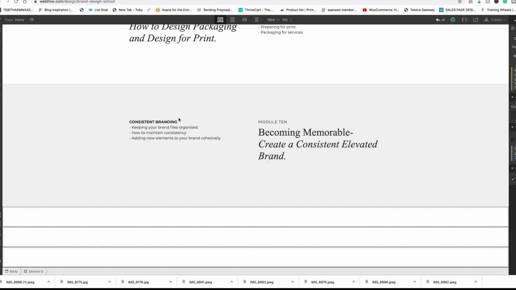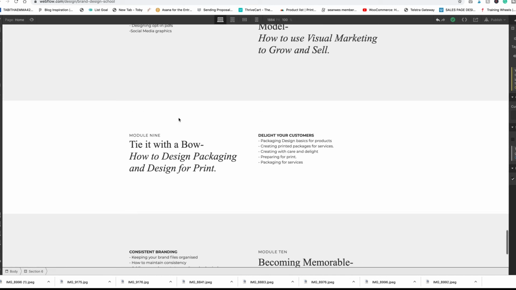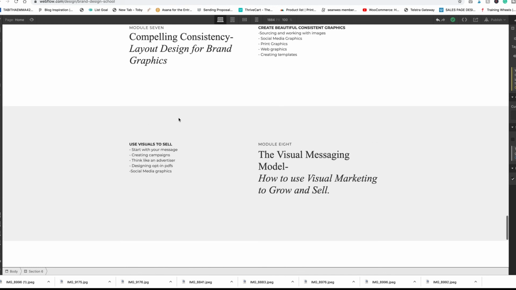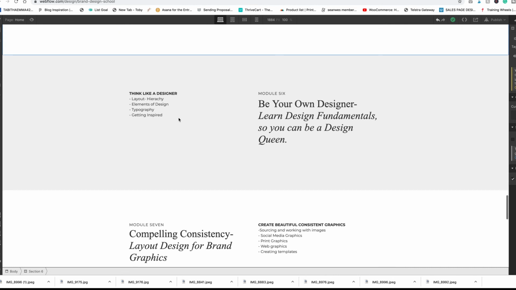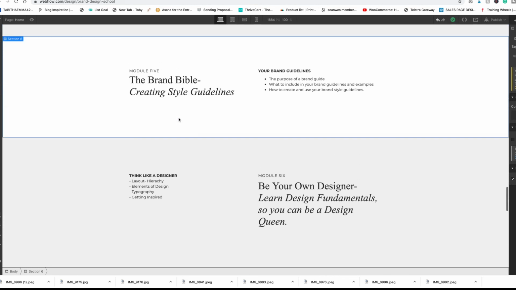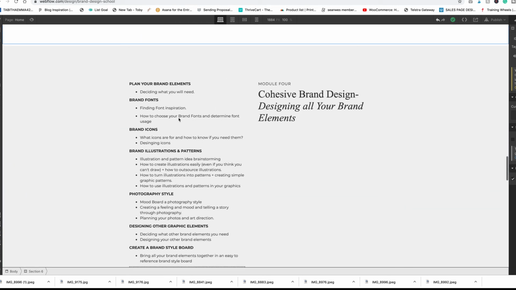And of course, if you have any feedback, I'll try to scroll slowly for you so you can have a quick look, but if there's anything that you think you'd really like to know and you'd really find helpful so that you can design for yourself, or if you've given it a go before and there's certain things that you've struggled with, I'd love to know so that I can help make this course even better and more helpful for you. So I hope you enjoyed this behind the scenes look at what I've been working on,